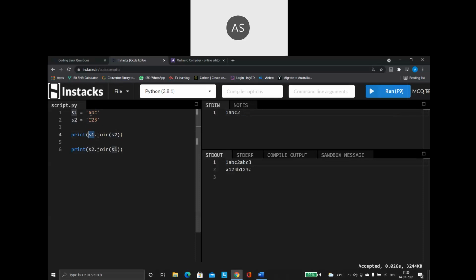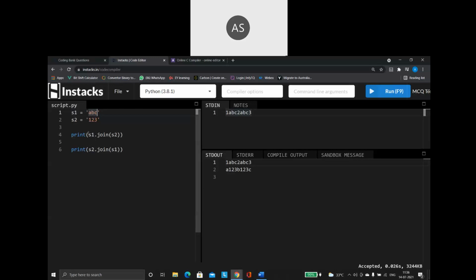Then join. Again, what do I have to join? I have to join S1. So what is S1? See, again it says ABC. So again go for the third one. Then it is not going to join, because if there is another character only, it will go back to the join. Otherwise, it is going to stop here itself. So remember, whatever name you are giving inside the join function, it will start from each and every character, each and every index position. So 1 index position will be transferred each and every time.